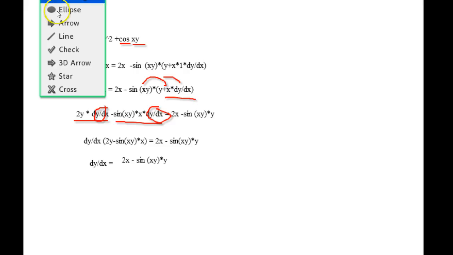Okay, so now that we have that part, we can divide both sides by that, and we would get dy/dx equals, on top, 2x minus sine of xy times y. And then on the bottom, let's get our lovely line. On the bottom we would have the other part, which is 2y